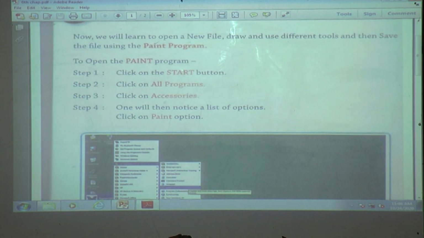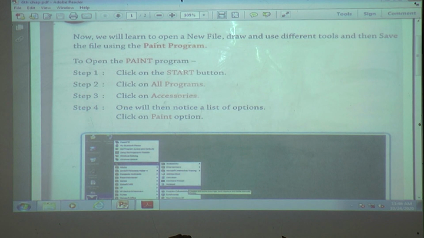Then all programs. Click on accessories and then notice a list of options. When we click on the accessories, we will get the options. Before that, we wanted notepad. The same procedure is for opening the notepad and for paint.